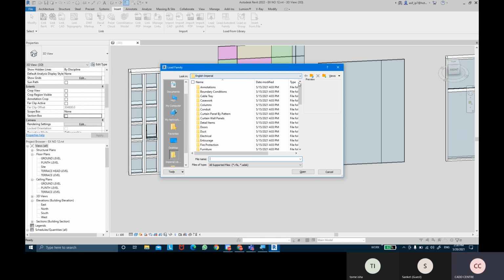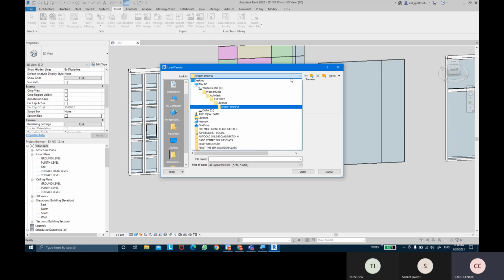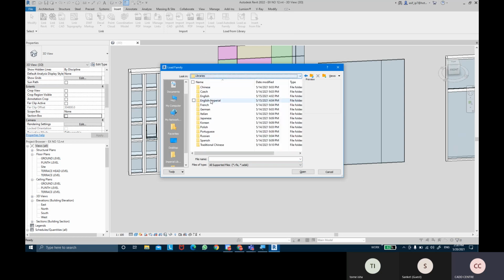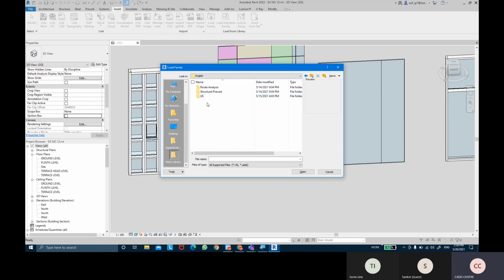From there, I'm going to go into that specific folder of libraries. In the libraries folder, we'll take the English folder. You have a lot of other countries as well: English, English Imperial, German, and other languages. I'm going to take the English folder, and in that go into the folder called US and look for a folder called Door.